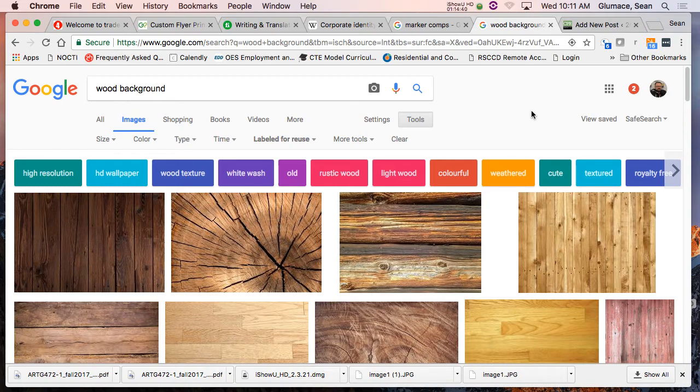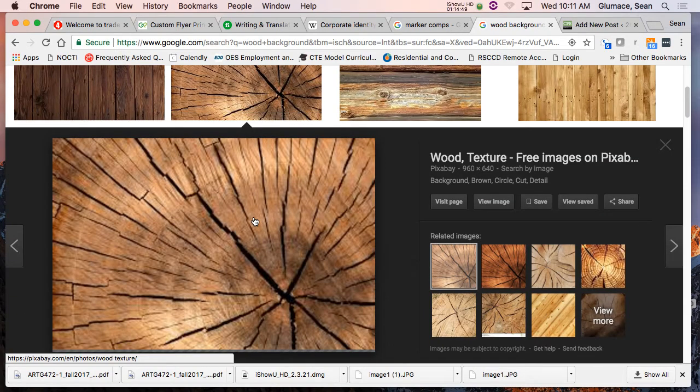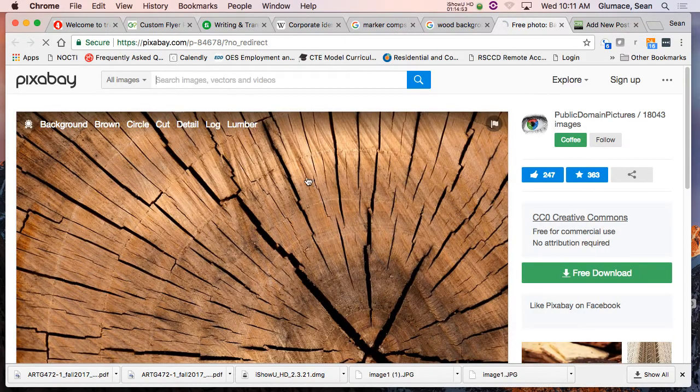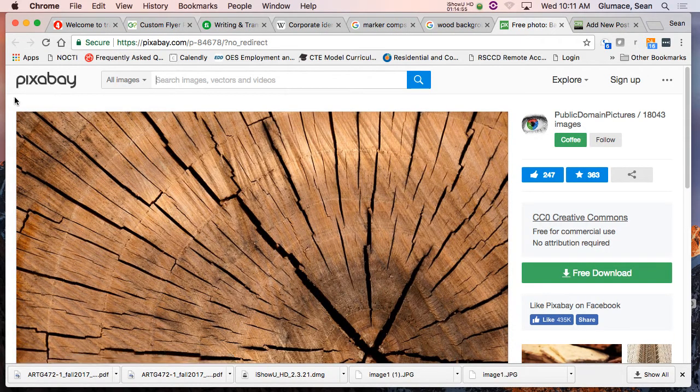So now I can steal from Google all day long and not worry about, am I going to get dinged with a cease and desist order? And trust me, they sent them. So here we go. Like that one, I like. So I'll view the image. I don't know if it's big enough. Oh, look where it sent me. So it's there. Be creative.